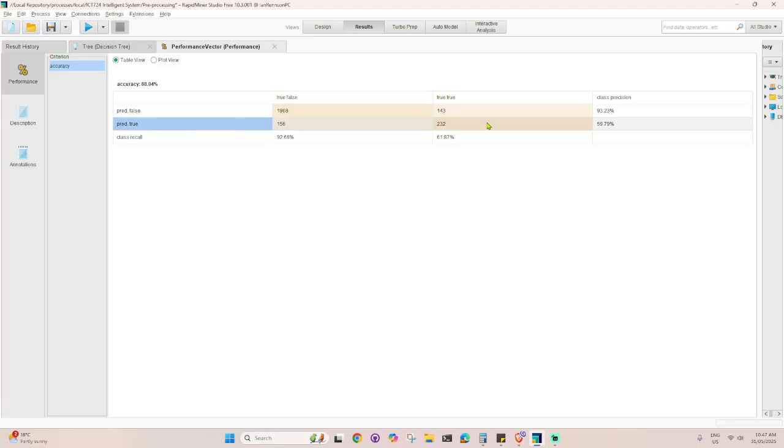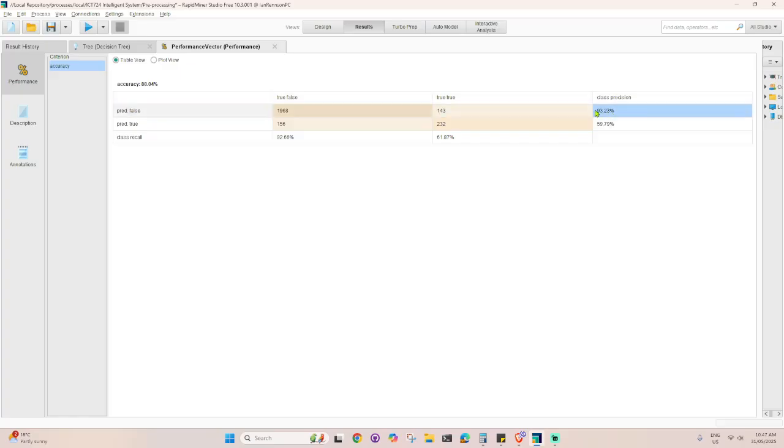The prediction is true, and it's actually true. So in here, the decision tree predicted false, and it is actually false. And then the machine predicted false, and it's actually true.